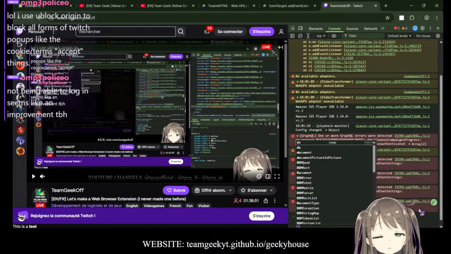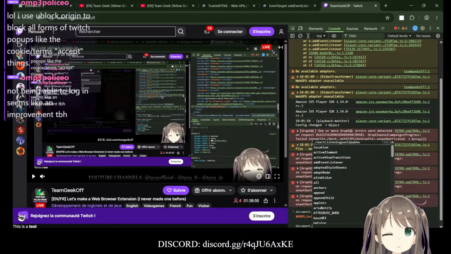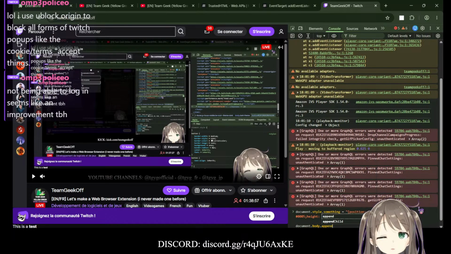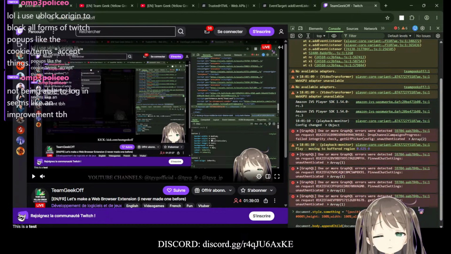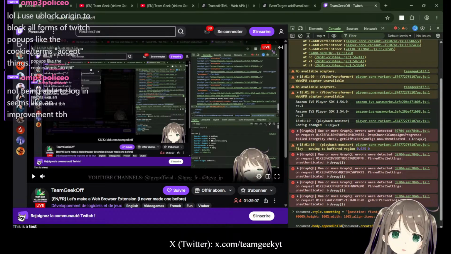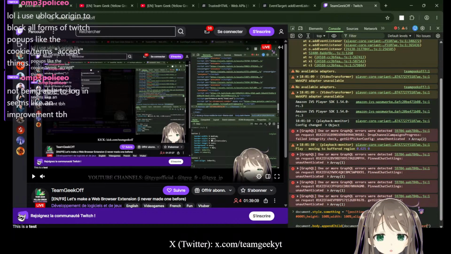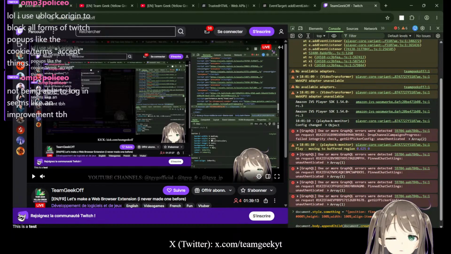So document.this. Okay, now let's try document.body.appendChild, document.createElement, key.innerHTML equals test. Okay, I just need to take that outside